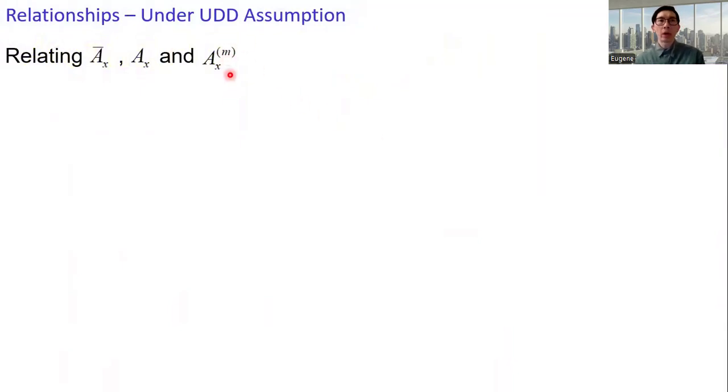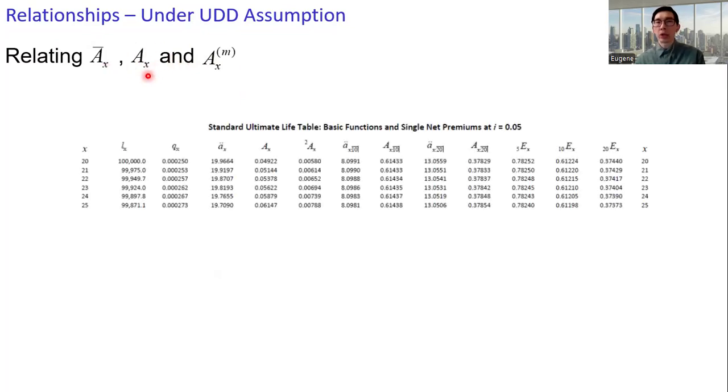More specifically, we would like to approximate the continuous insurance as well as the monthly insurance from the discrete insurance payable at the end of the year of death. The reason is we are usually given a life table and the corresponding values only apply to integer ages. To approximate the continuous insurance or the monthly insurance, we may need the survival function or the force of mortality. However, this may not be provided.